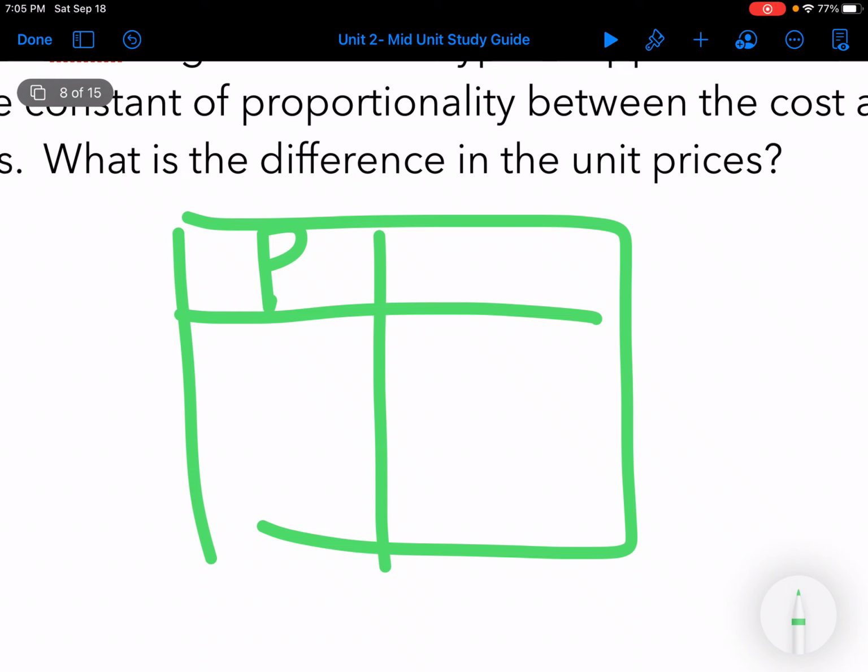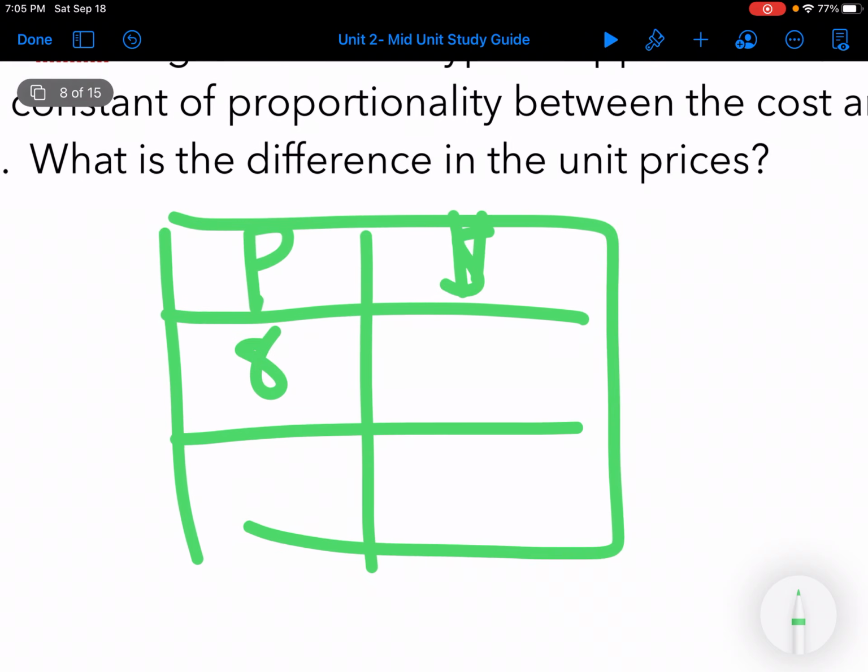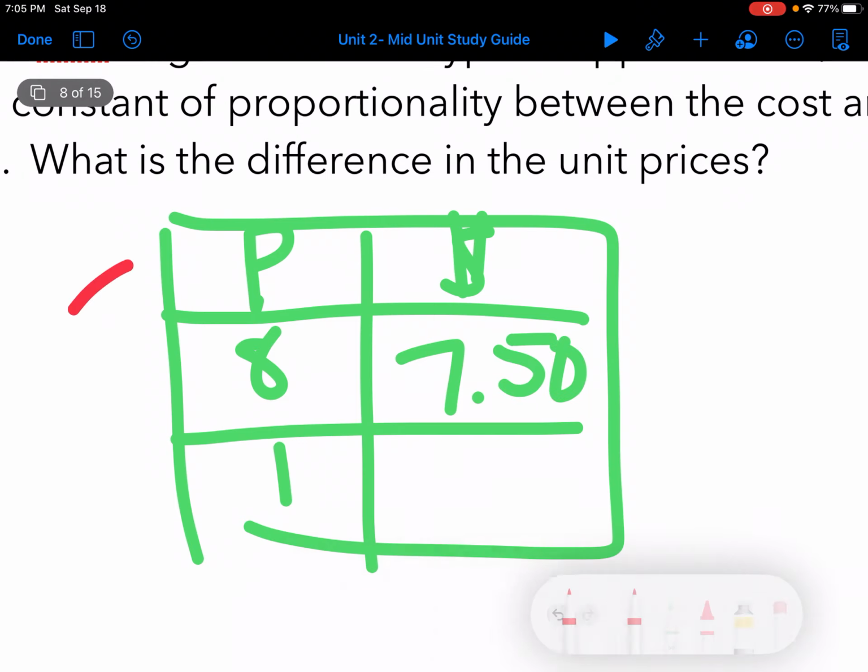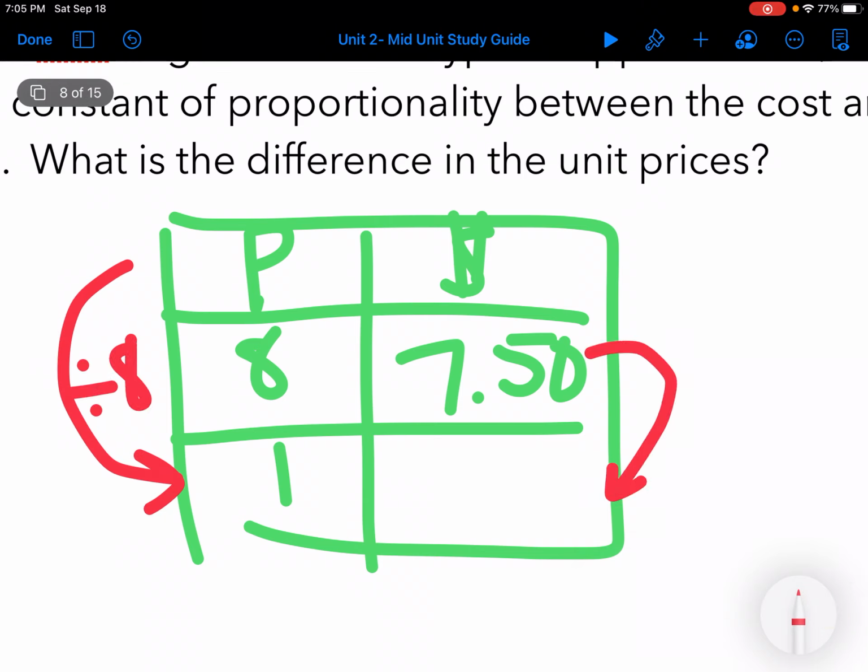Pounds of apples, the cost: 8 pounds for $7.50. I want to figure out what it is for one, so I'm going to divide by 8, because 8 divided by 8 is 1. 750 divided by 8, and I get